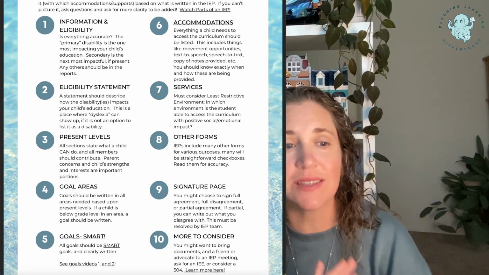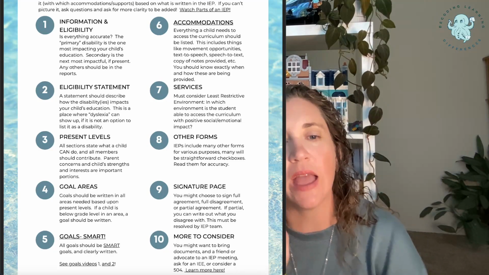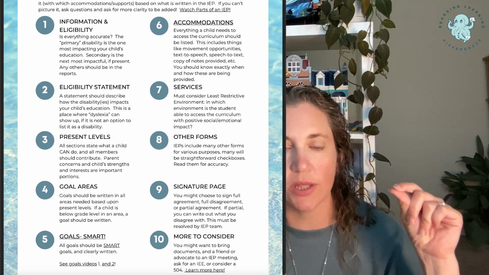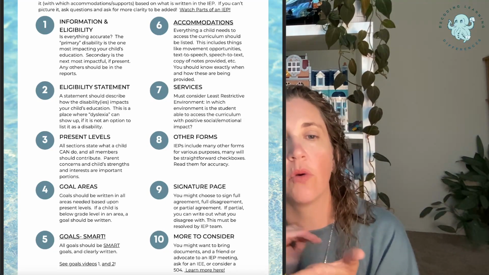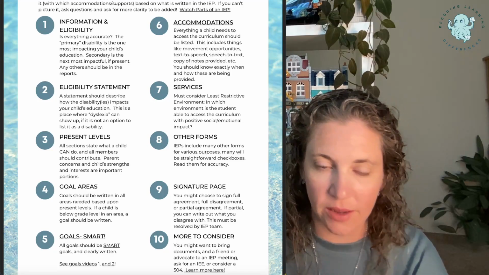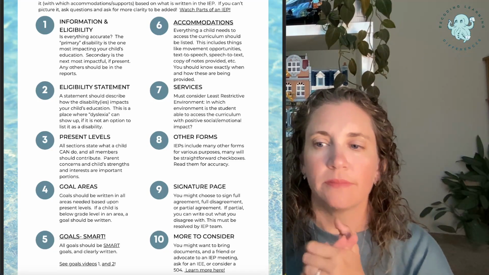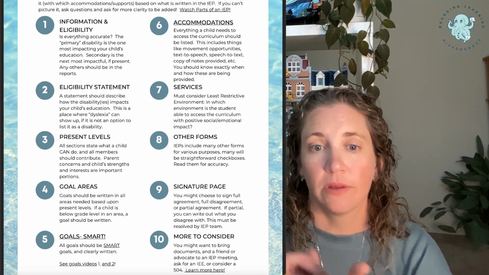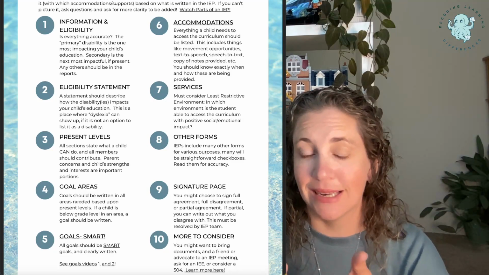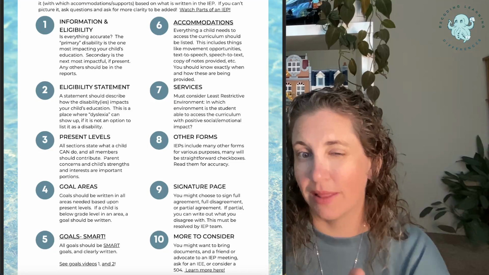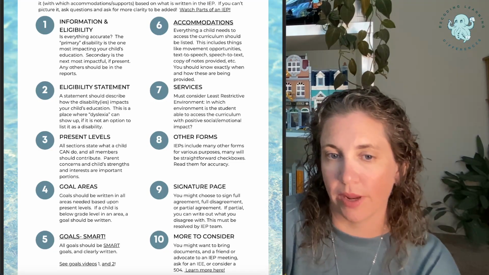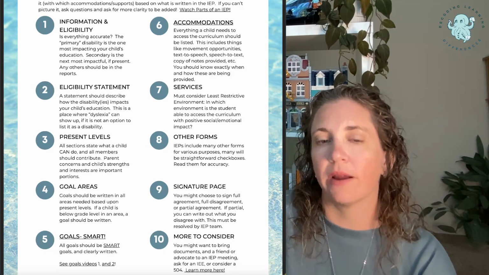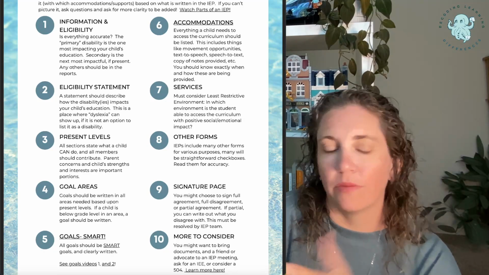So goal areas, we've talked about goals a lot, but at the end of the present levels page, there's usually a section that's just about goals need to be written in this specific area, these areas. And then you're going back to, okay, well, reading, and you can list out the skill within reading, like decoding, fluency, comprehension, vocabulary. You're listing out phonemic awareness